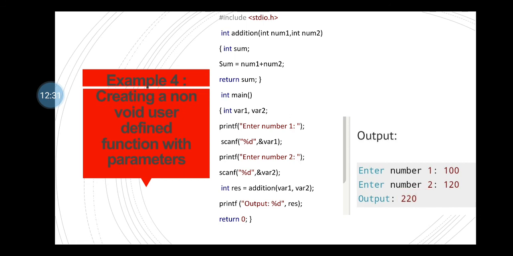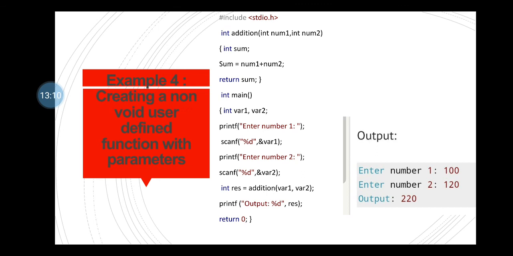So in this manner you can declare, define and call all four types of functions, out of which two are non-void functions and two are void functions. We should remember the call of a void function and a non-void function is different, because a void function does not return anything, but a non-void function returns some value, and it needs to be stored in some variable of the type which is the return type of the function.